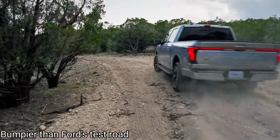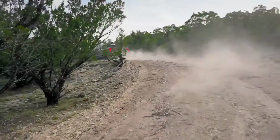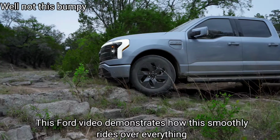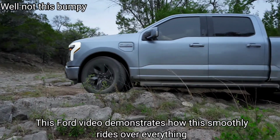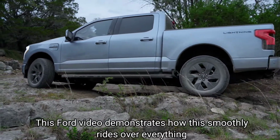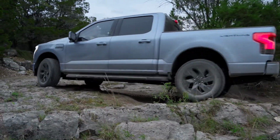Do keep in mind we're going to be driving through some bumpy roads, and it's actually going to show how amazing the suspension on this is. It's incredible. I love the comfort. This is the most comfortable vehicle I've ever been in, and I can only imagine that this is what Rolls-Royce feels like. I'm even wondering if this is more comfortable than the Lincoln Continental test drives I've done in the past, because I do remember being very, very impressed by the comfort of the Lincoln Continental, but this is just incredible. The suspension